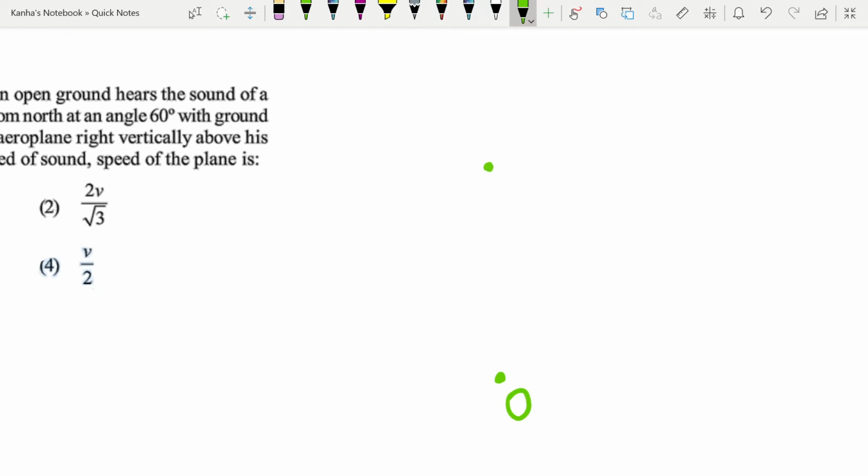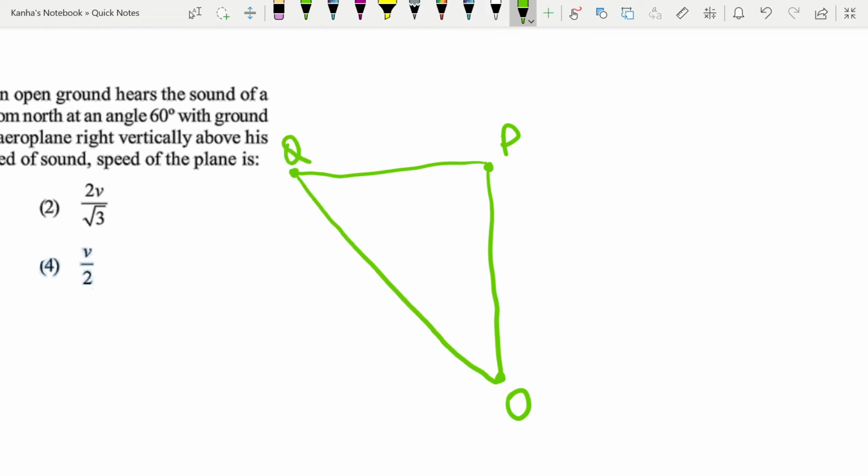When he sees that the plane has reached this point, let's say this point is P, at that particular moment, he observes that there is a sound coming in from a point, let's say Q, which is at an angle of 60 degree, because this angle was 60, so the top angle is also 60. Now what is really happening is, light is traveling at very high speeds, 3 into 10 to the power 8 meter per second. And sound is somewhere close to 340 meter per second.